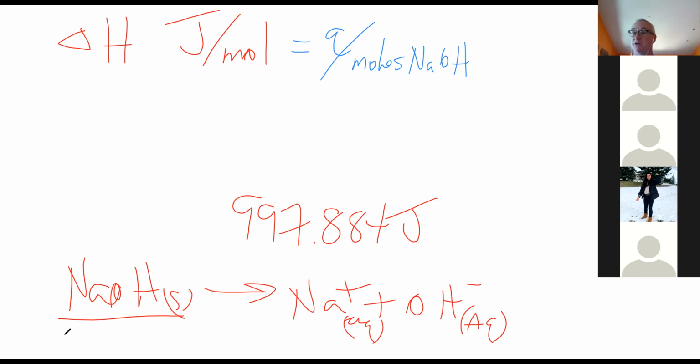That's what my delta H is going to be equal to, right? But how many moles of NaOH did I have? How am I going to calculate that? If you guys can't convert grams to moles and moles to grams by now, bad news coming. You would multiply 0.9 grams times 1 mole over the molar mass, which is